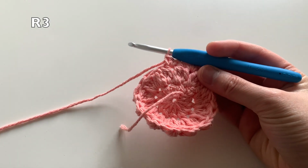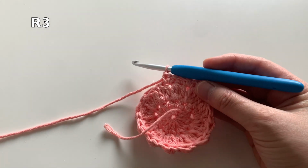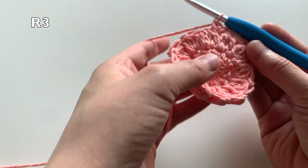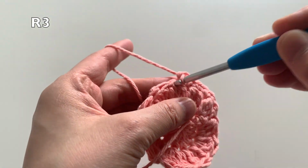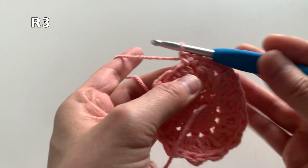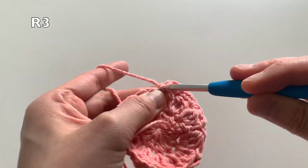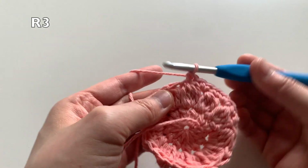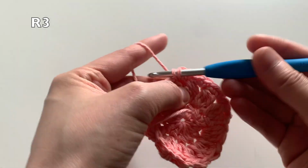And once you go all the way around, you will have 36 stitches in this round. And we'll be joining at the end with a slip stitch to the top of the first single crochet, and I'll show you how that's done. So here in the next one, I'm going to insert a single crochet on top of the cluster. Then I'm going to put 2 single crochets in between the cluster,